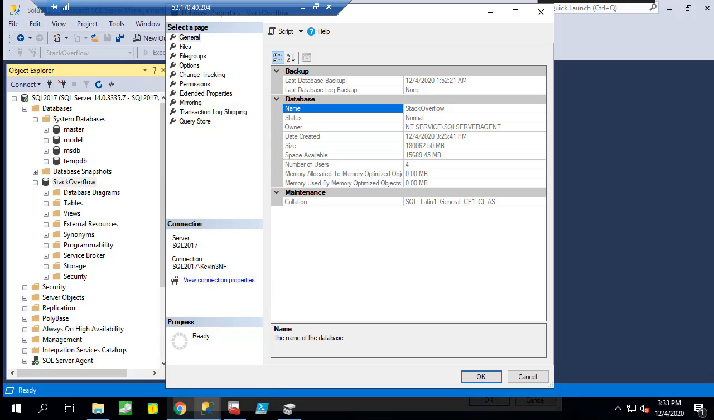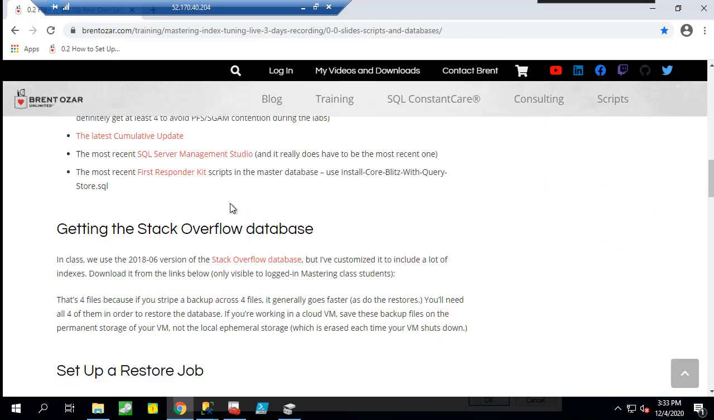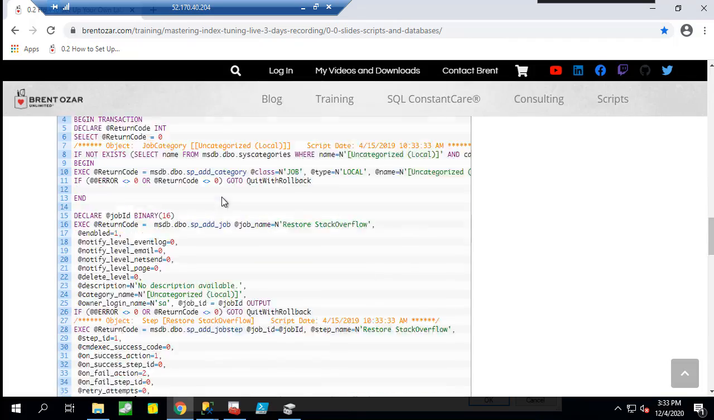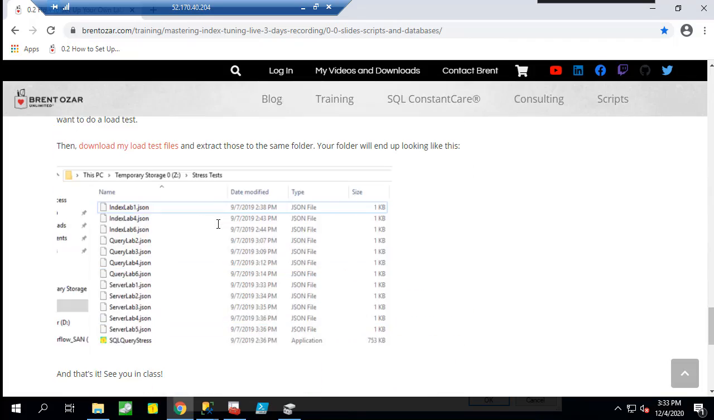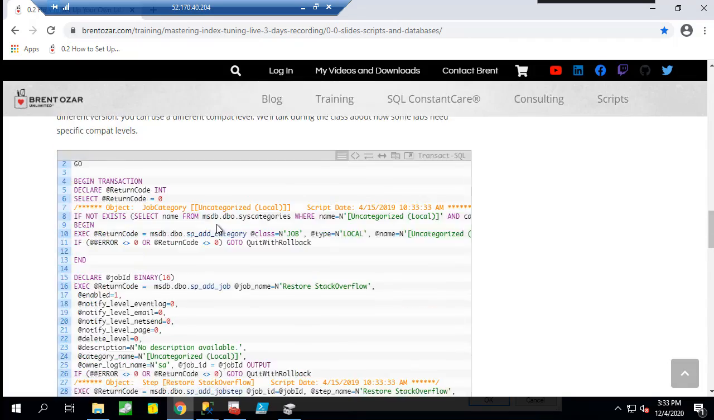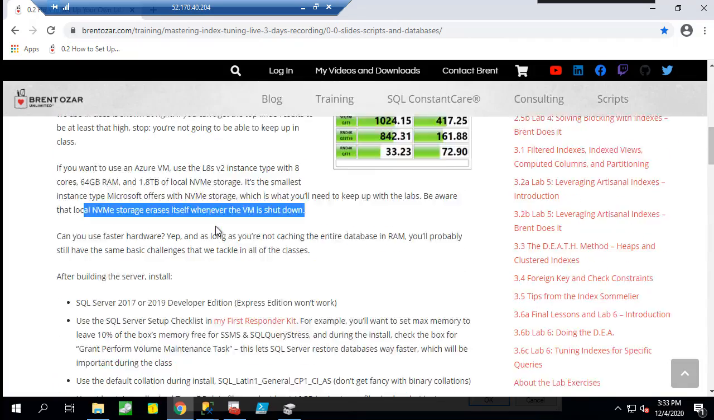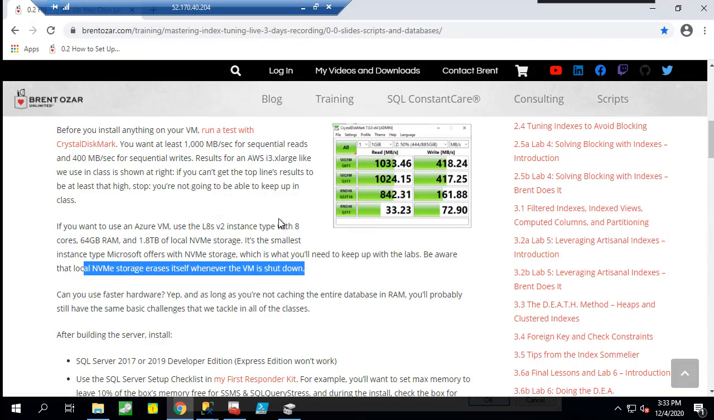All that is documented in this page. It's got all the stuff. Set up a restore job. There's even code. It's got how to use QueryStress, how to use CrystalDiskMark. All the stuff you need to set this up is here, except for the